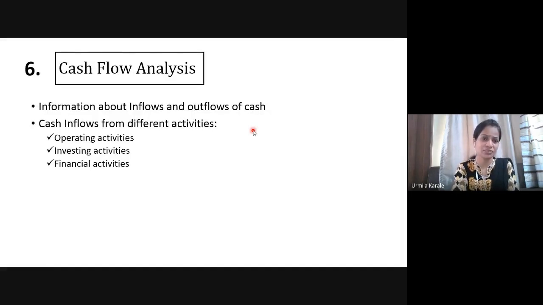The cash flow statement will be prepared similarly. If you understand the format of one, the other format is very easy to follow, right? There are three types of activities under which cash flow is categorized. Operating activities are activities related only to business, that is manufacturing, office administration, and selling and distribution. All these activities, production and sale of the product, are termed operating activities.